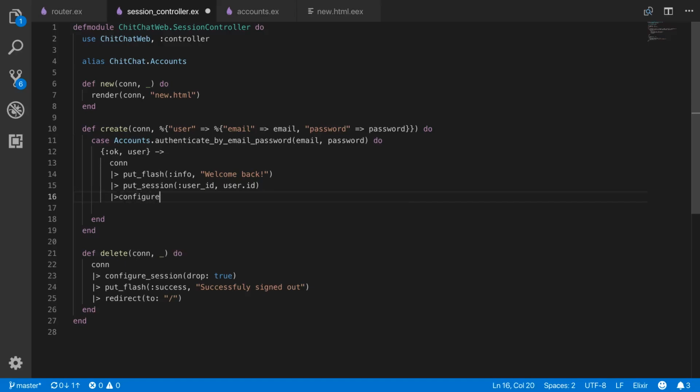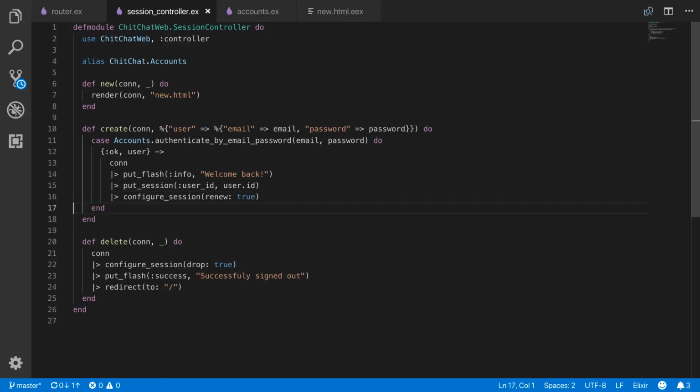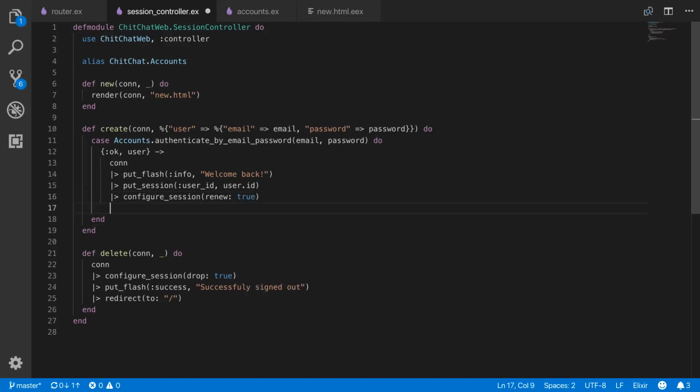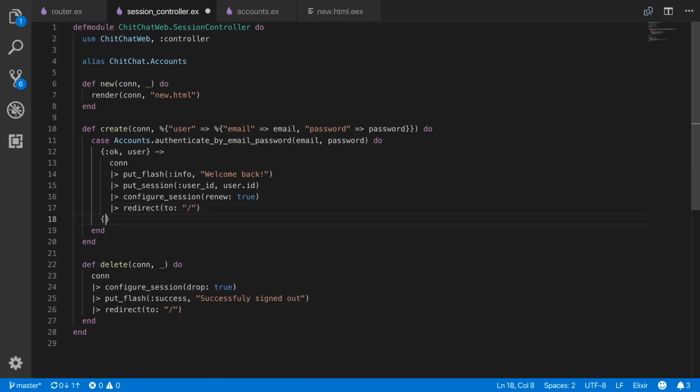Configure session to renew. Renew: true. So it's kind of the opposite of what we did below with the drop: true. And finally, redirect to slash. In the case that we get an unauthorized error,